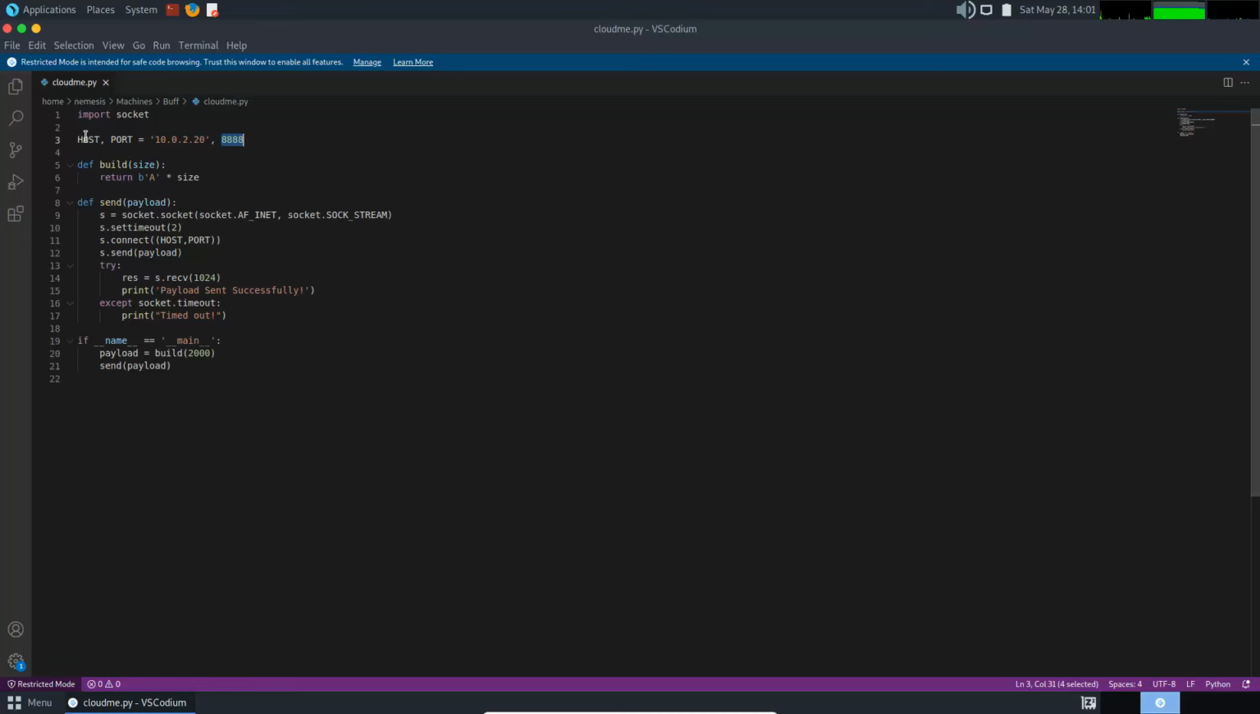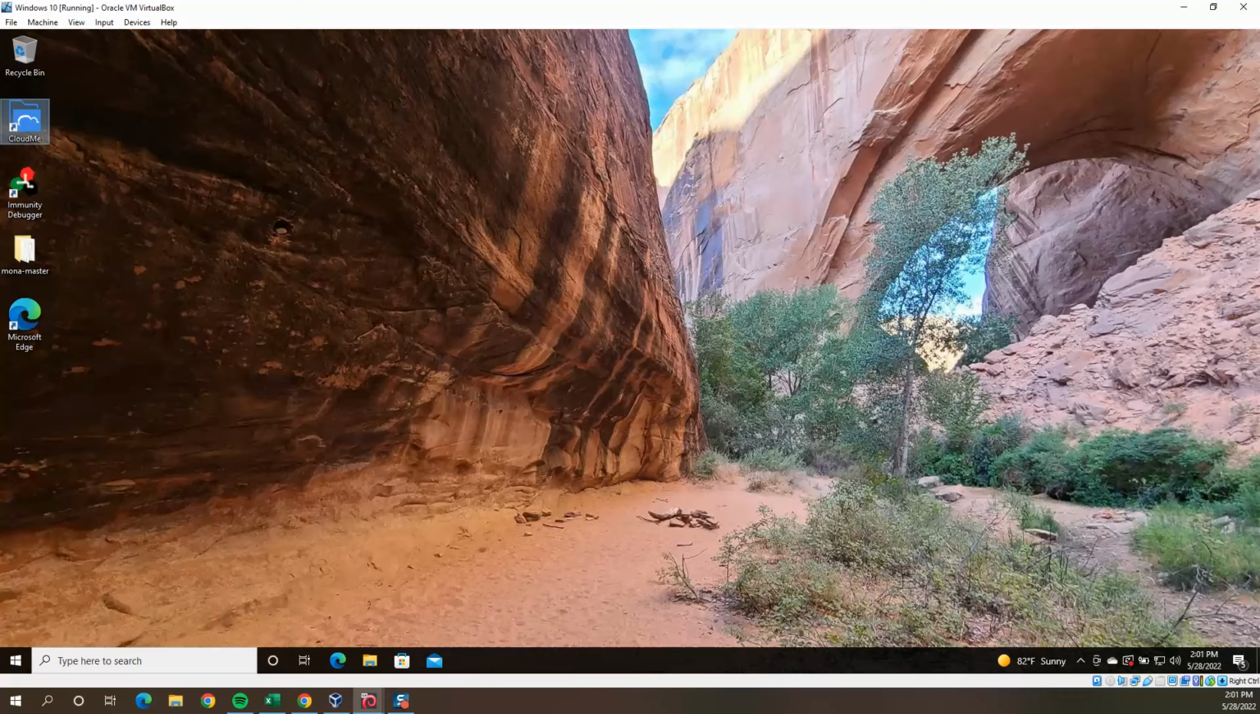So normally you would start off with a fuzzer. You just have a while loop and then you would increment it by like 100 characters or so. Let's just give it an arbitrary number of like 2000 characters, right? So if we go back to our Windows machine